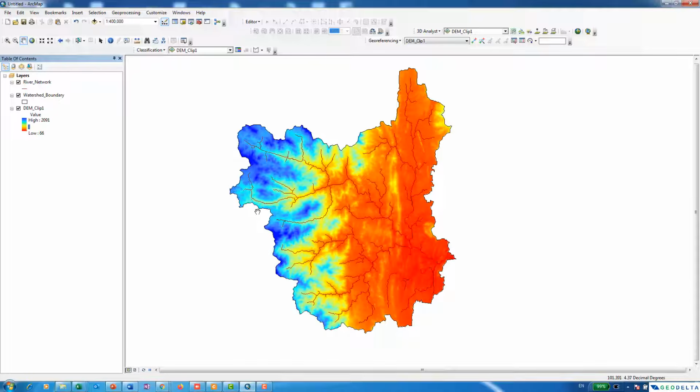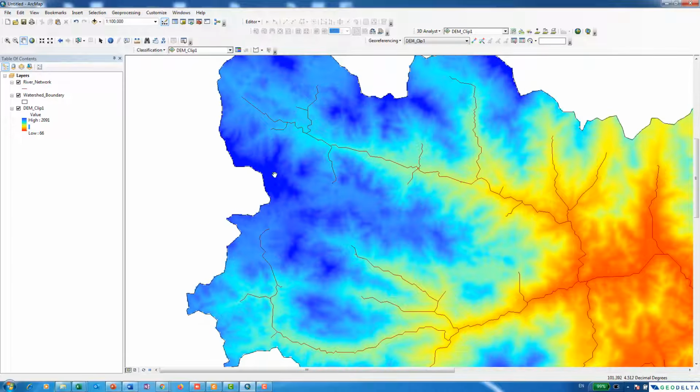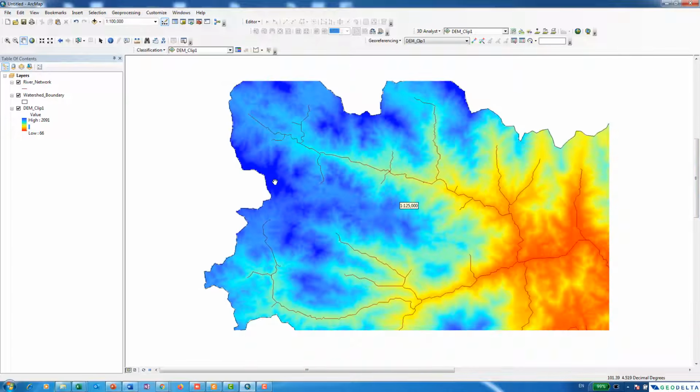Now ideally I would like to actually have the river network in blue color, but you see that in the color ramp which I chose, there are certain areas which are actually represented in blue color, especially since this raster being a DEM, which is a digital elevation model. You see that these areas which are highlighted in blue color actually correspond to high elevation areas. If you look at the legend over here, it shows that the highest elevation is 2091 meters above the mean sea level, so that probably corresponds to some areas over here. As you can see, it's quite dark in terms of the